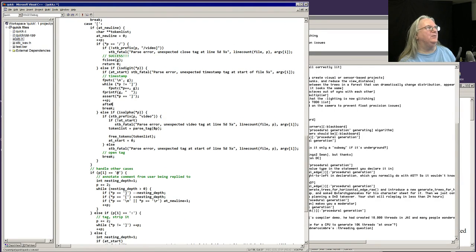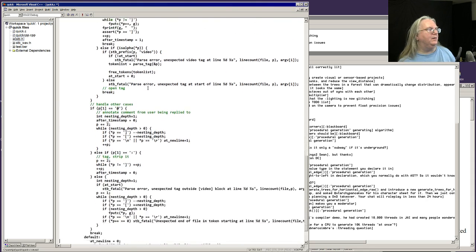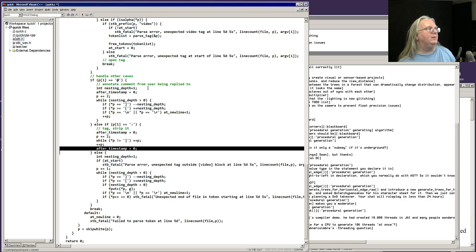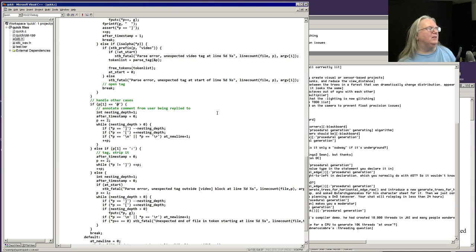After timestamp equals 1. And now everyone else needs an after timestamp equals 0, but not those guys. Let's put it at the beginning consistently. All right. And so then these, if we get one of these,